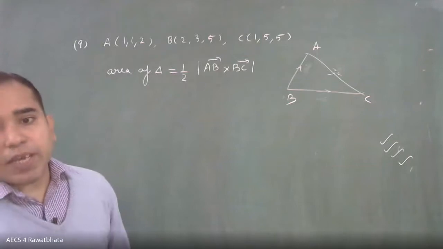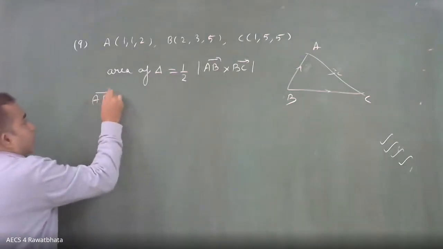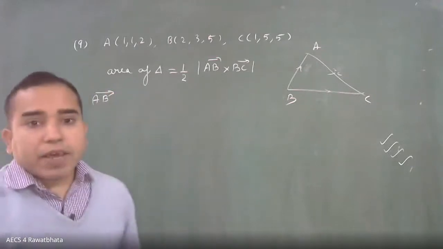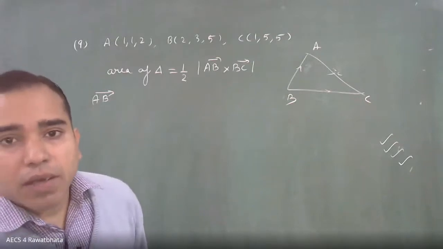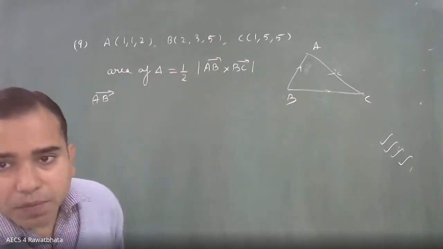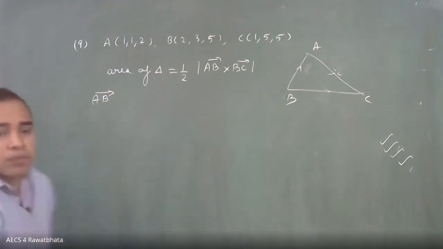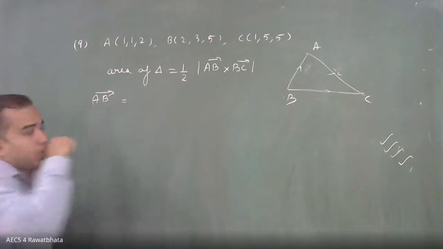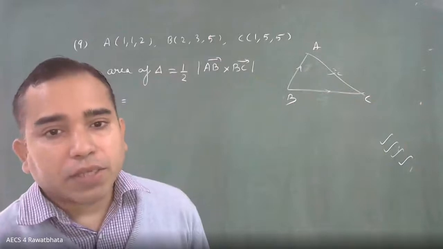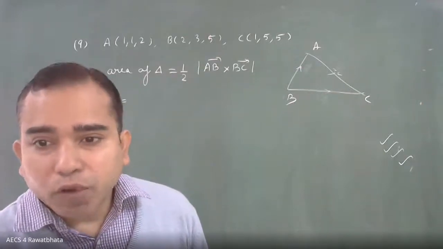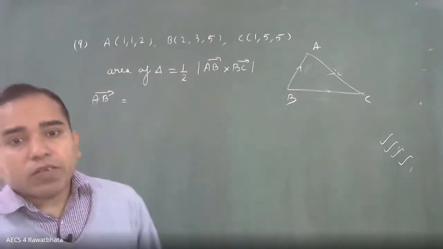Yes, Pratham, you have raised a hand. You want to say something? No. So AB vector, here we have to find what should be AB vector. Hema, what should be AB vector here? If you have doubts, you can immediately switch on your mic and say, "Sir, I have a doubt. I can't." Then I will move on to another person. Otherwise, some seconds get wasted. Utkarsh Goyal, can you tell me AB vector, how much?